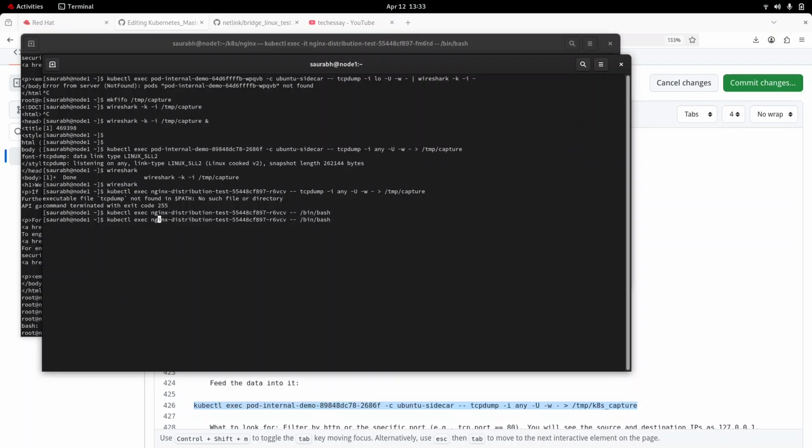Okay, apt-get update and apt-get install -y tcpdump. Okay, so get